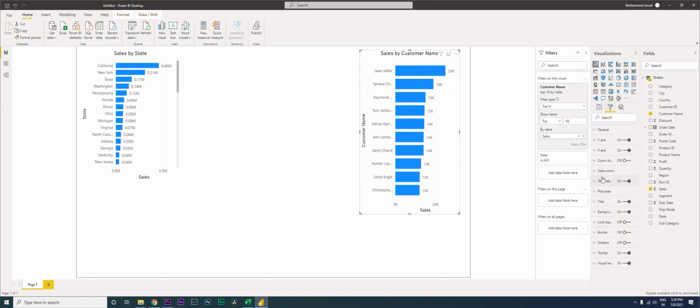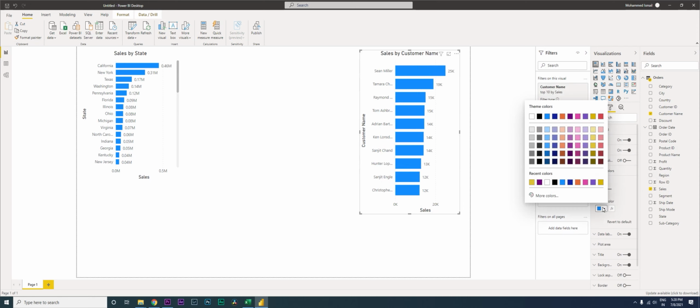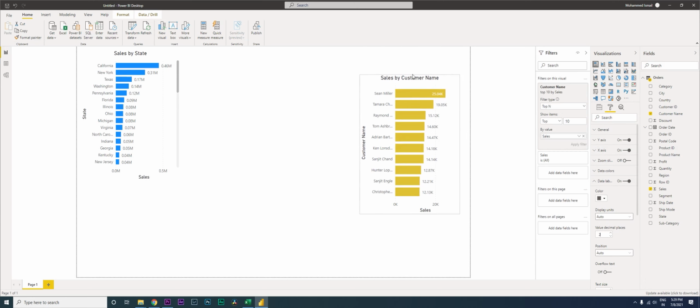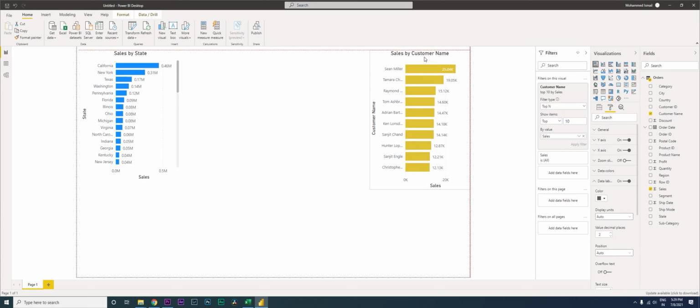Let's go ahead and change the color of this particular data set, maybe to this yellow, and then on the data labels, this has not added any decimal values. So let's add this manually. I've added 2 decimal values to this. All right, now let's make this a little smaller and put this over here.